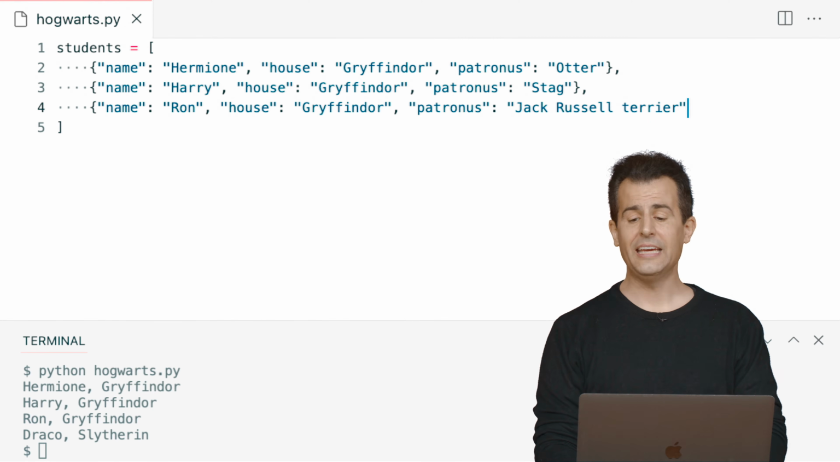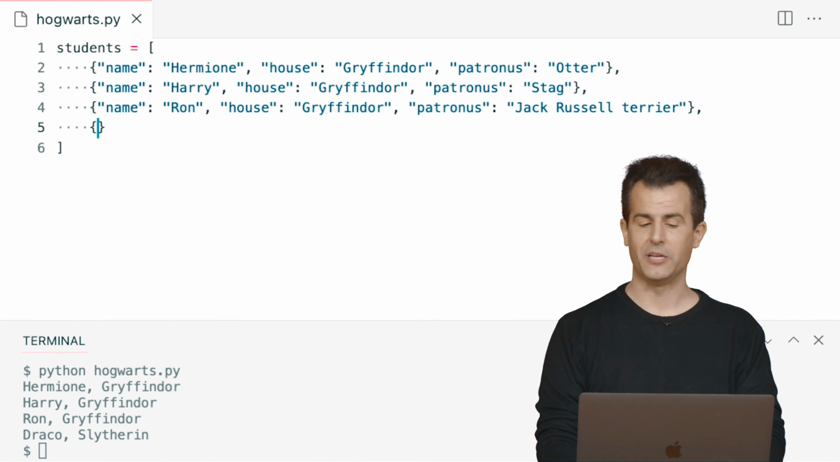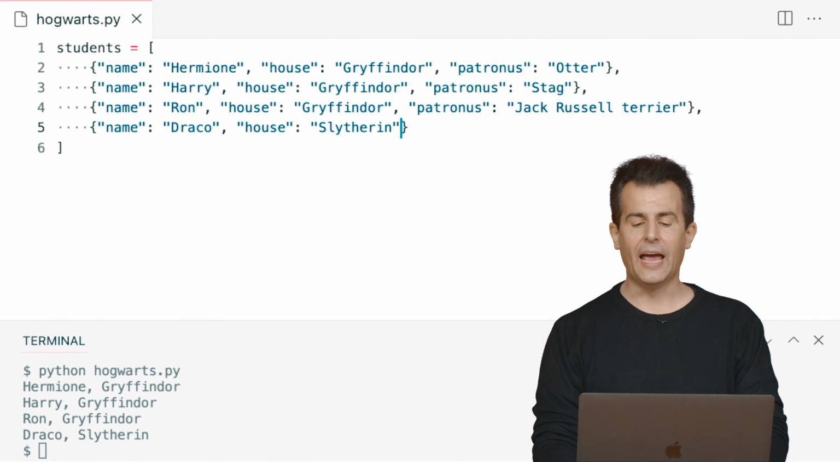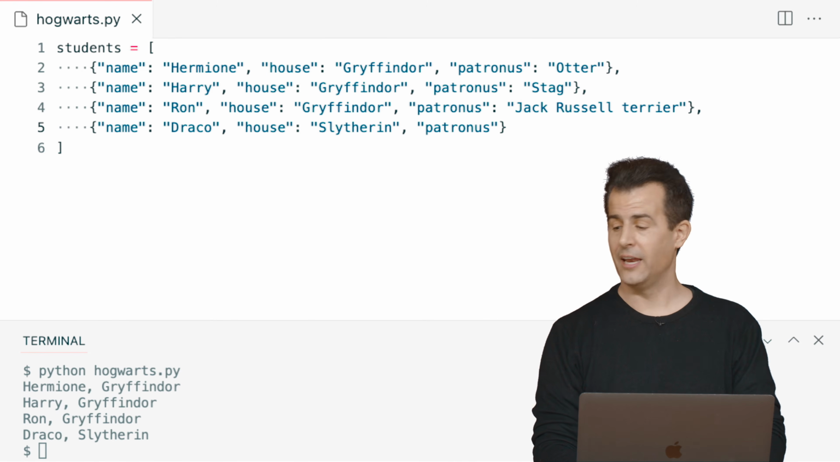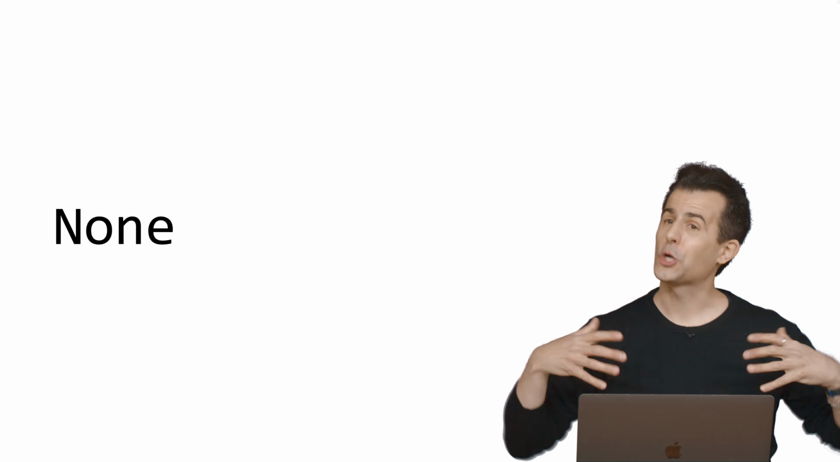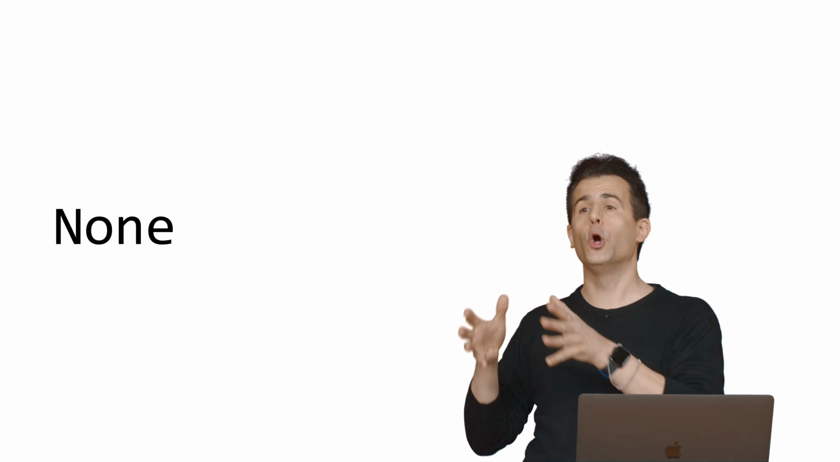Lastly, is Draco in a fourth dictionary now, so another pair of curly braces. The name of this student is, of course, Draco. The house of this student is Slytherin. And Draco, interestingly enough, at least according to the internet, has no Patronus, was never revealed in the books or the movies. So it turns out, this is actually a wonderful teachable moment, there is a special keyword in Python